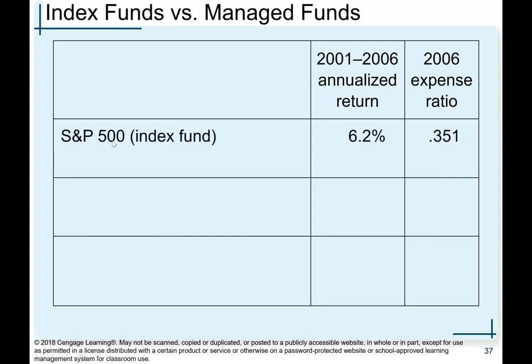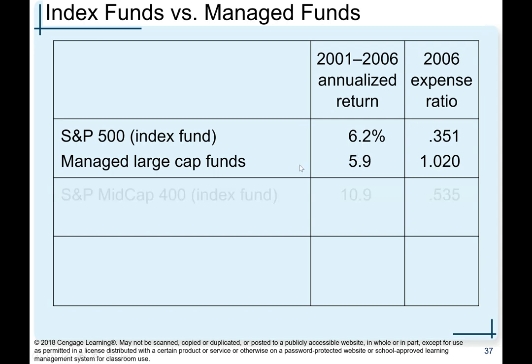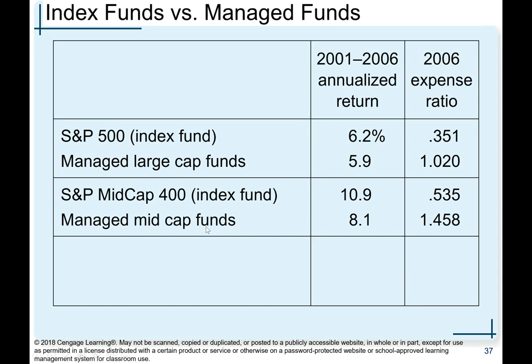If you take S&P 500 index funds, the annualized return was 6.2% and the expense ratio was 0.3%. If you compare that with managed large cap funds, the annualized return was 5.9, less than 6.2%. And the expense ratio is higher. The other one is S&P Mid Cap 400 Index Funds. Annualized return was 10%. Expense ratio 0.35%. Compare it with managed mid cap funds. The annualized return is 8.1. The expense ratio is higher,